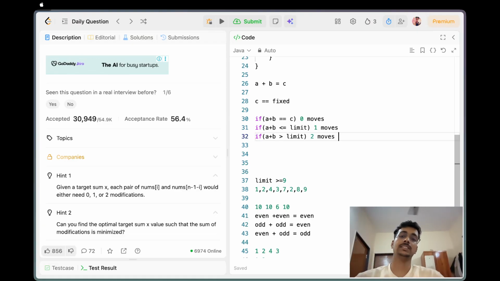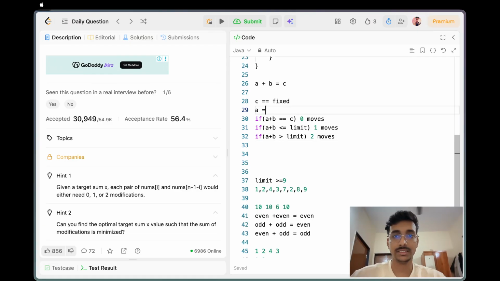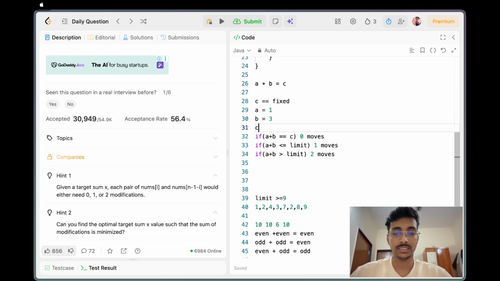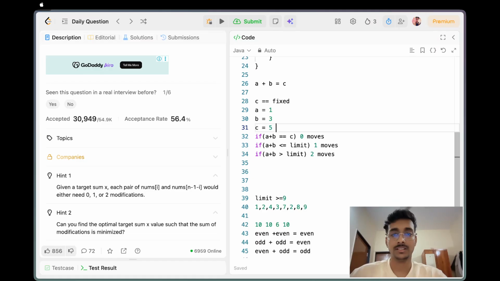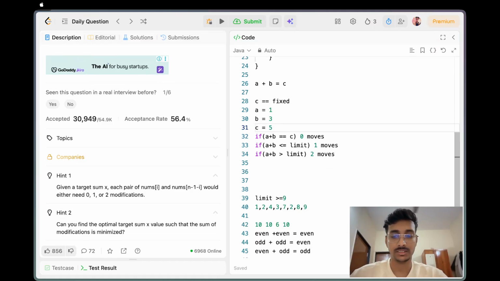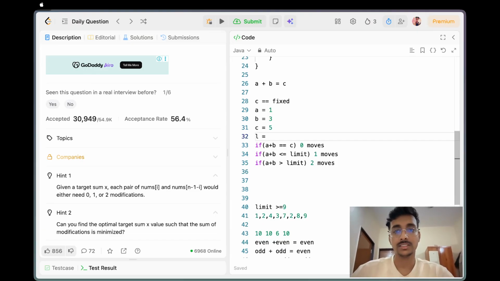Let's say a is 1, b is 3, c is 5, and limit is